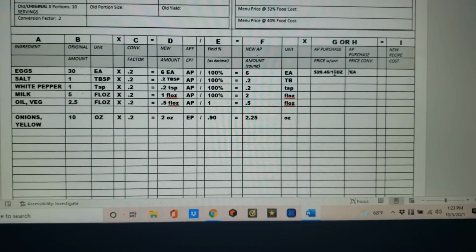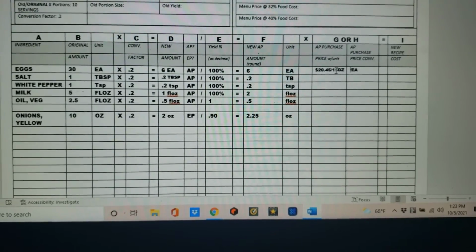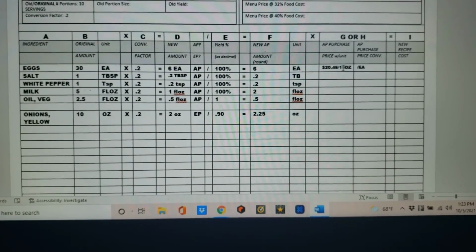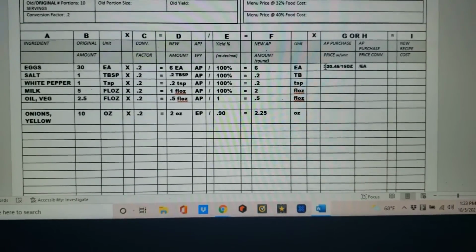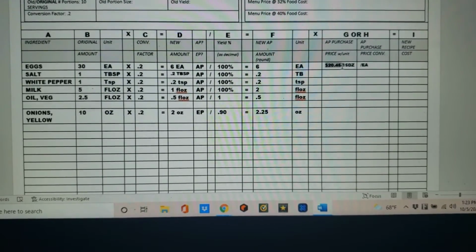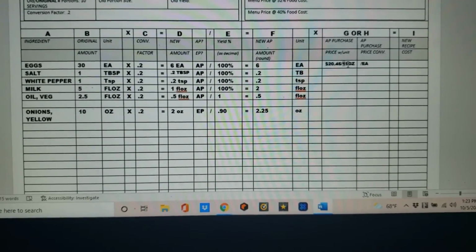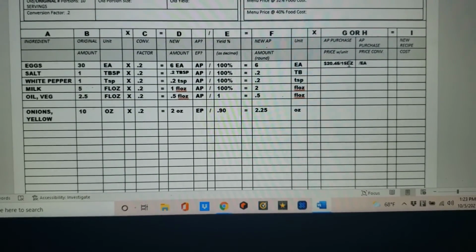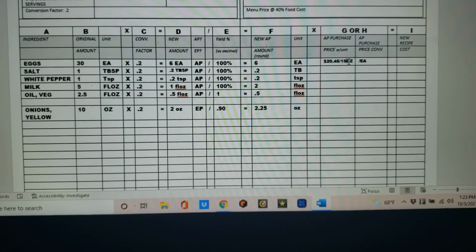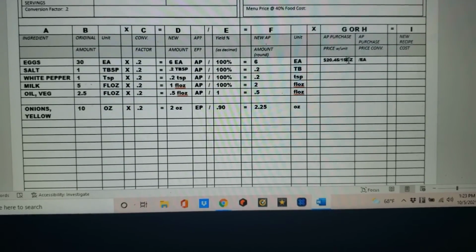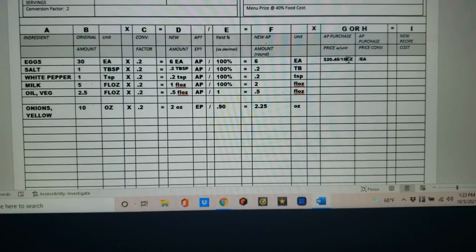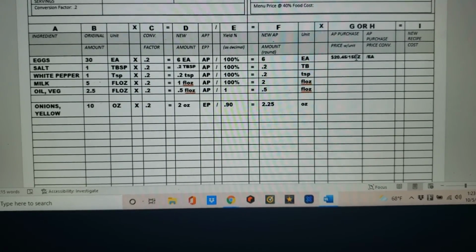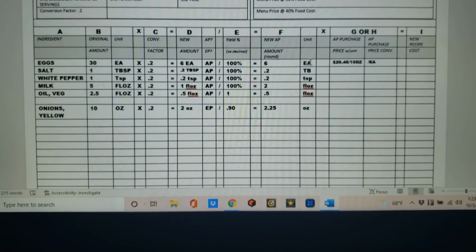Well, I want to try to break this down first to figure out just what 1 dozen is. I know there's 15 dozen in it. If I can take the cost of the whole case and divide it first by the number of units, which is 15, it's going to tell me what just 1 dozen costs. All right, so $20.45 divided by 15, because there's 15 dozens, comes out to $1.36. So that's $1.36 just for 1 dozen, okay? But we're not out of the woods yet because our